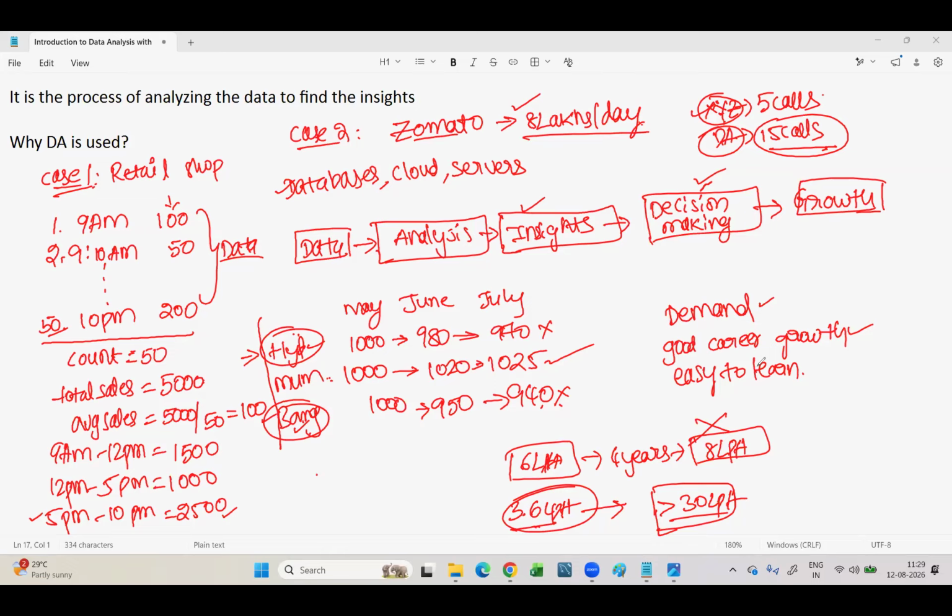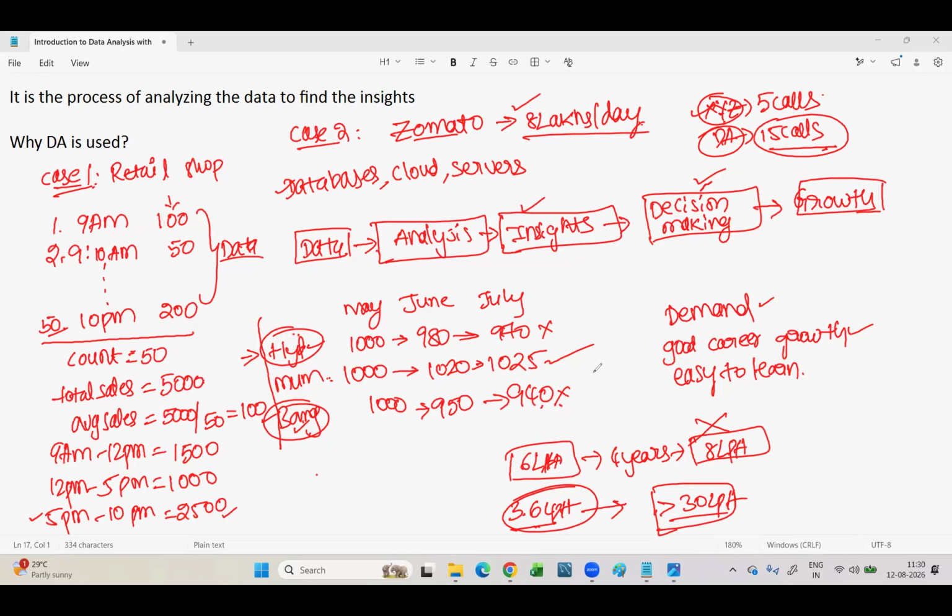First of all, to get the job, target the skill set which can be easily learned. Of course, here Python is there. I'm not saying there is zero programming in data analysis, but go and ask any non-IT professional who wants to switch to the IT industry, and the first preference they will give is data analyst. Why are they giving the first preference? Simple. It's simple to learn. Easily you can get from the non-IT to the IT side.